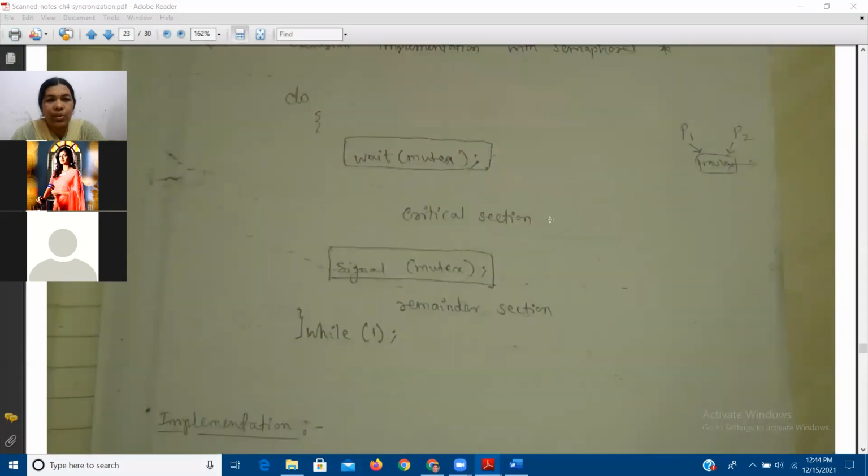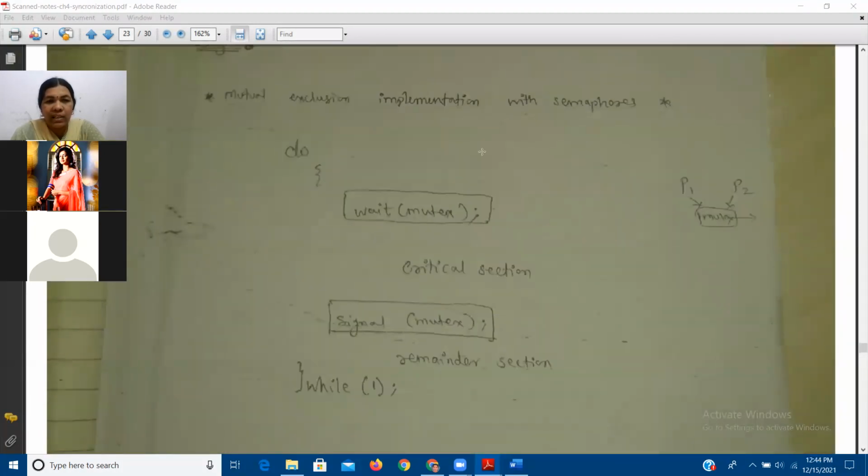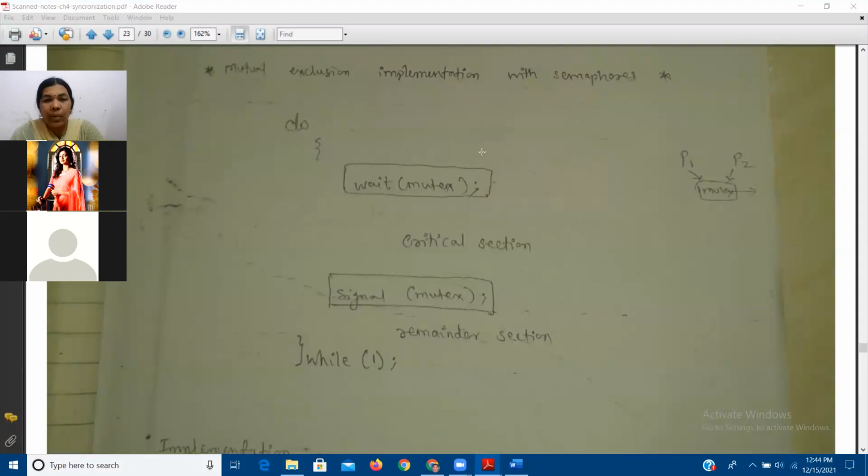Here the solution given is for n processes, that is a multiple process solution. How many processes will be in the critical section at a time? Only one, right? Assume that P1 to Pn processes are there in the system, maybe 10 processes, so n is equal to 10. Let's assume that one is inside the critical section. The remaining 9 are trying to execute their own entry sections.